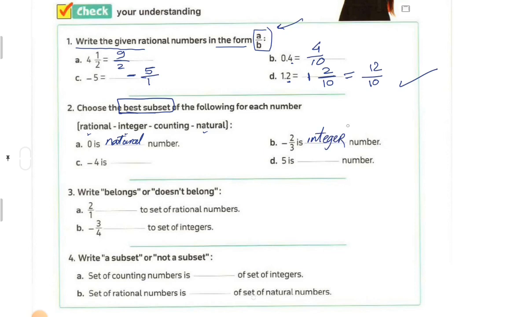We know that it's wrong. Why? Because integer is not a fraction. Integer is not a fraction. So we have to have rational